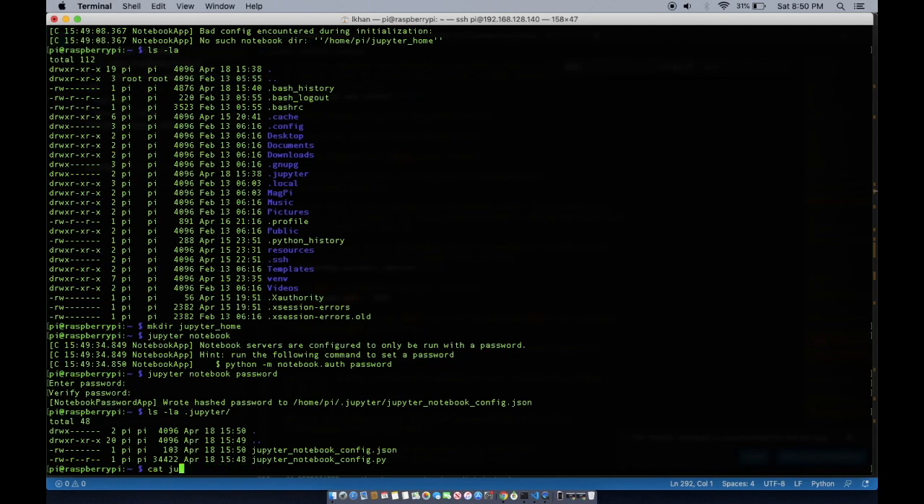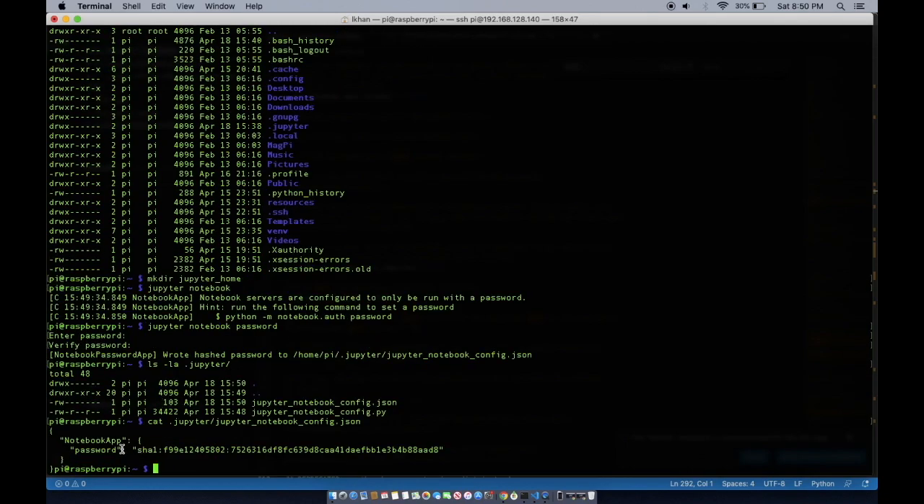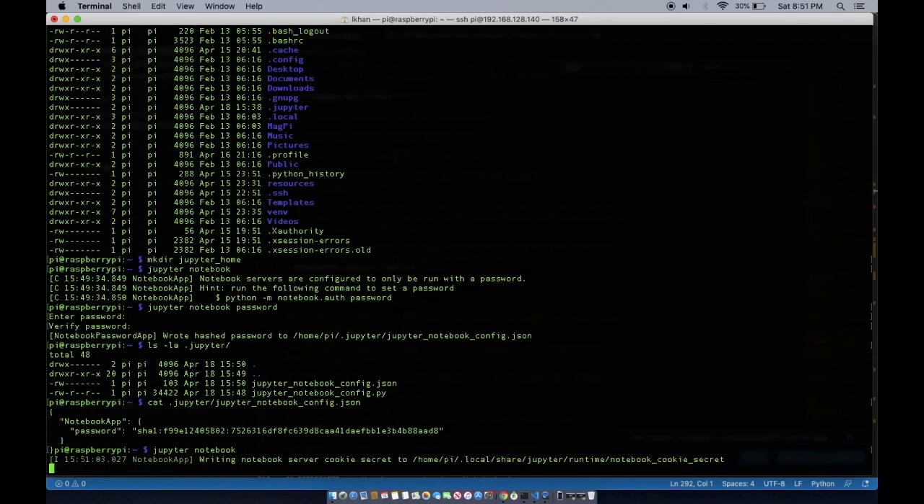So, okay. It looks like this. Notebook password. It's a SHA-1 digest, or SHA-1 hash digest of the password that you set. The passwords are not saved as the raw passwords themselves. Instead, what it does is it saves a SHA-1 digest of the string that you typed in. And now